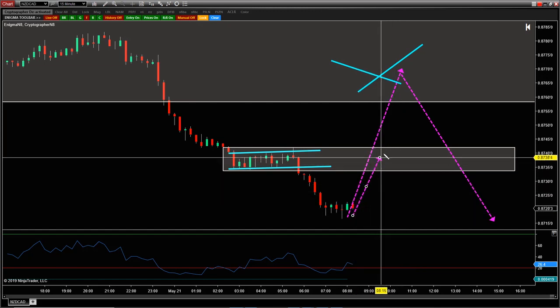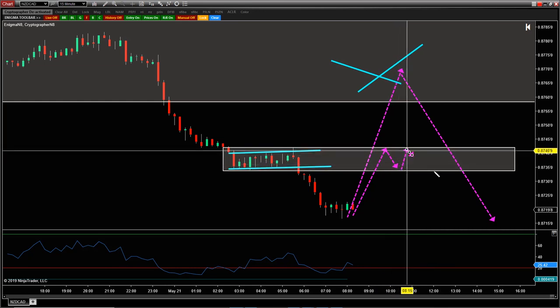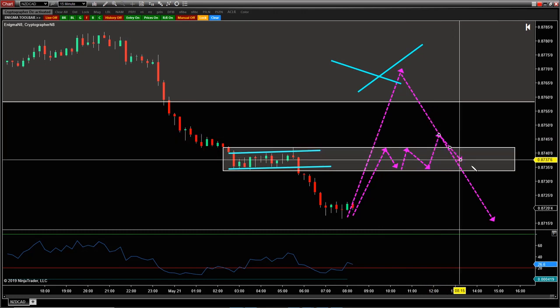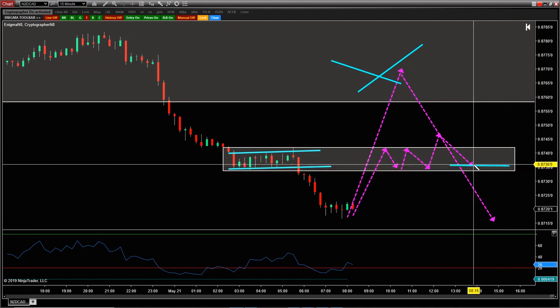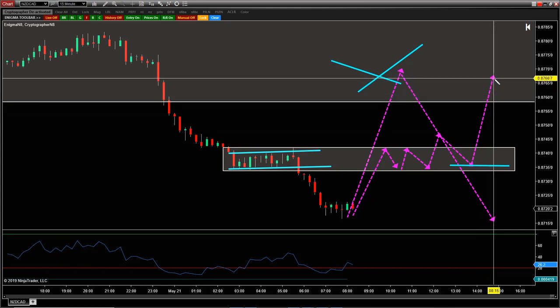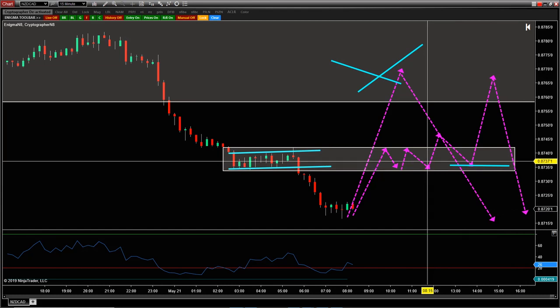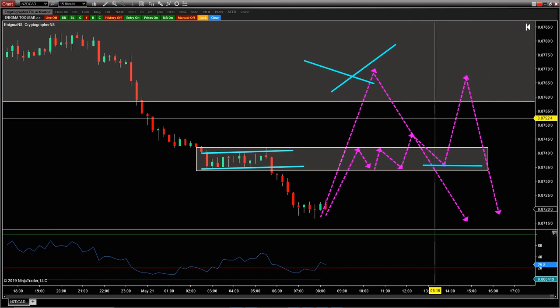If price were to come here and then hold, maybe repeat what it did to the left, and then go here, and then go here, you can look to buy in anticipation of a move here, where you would then expect price action to go there. Make sense? Makes sense?